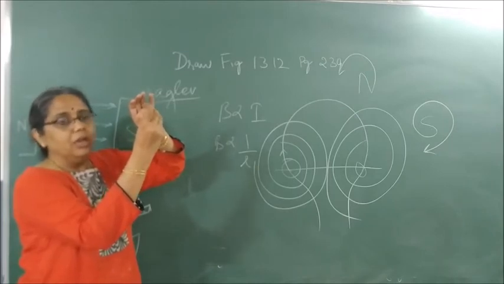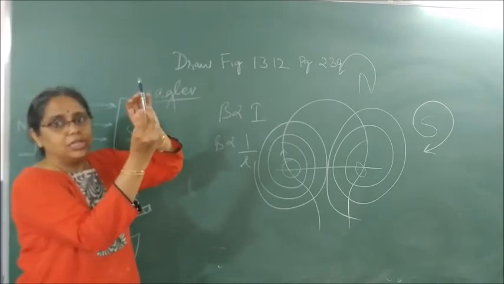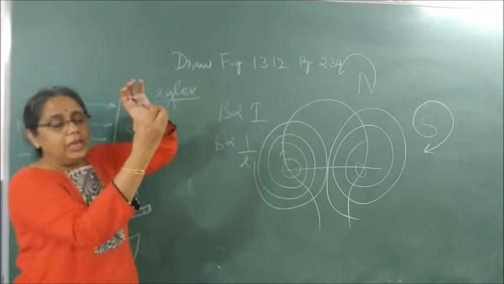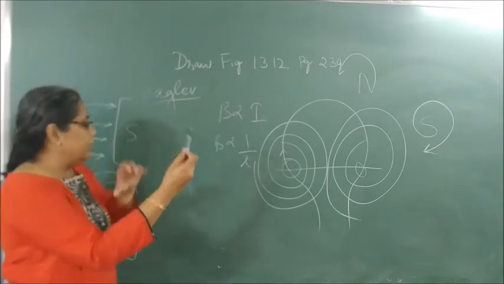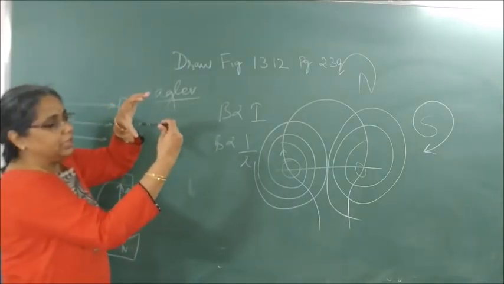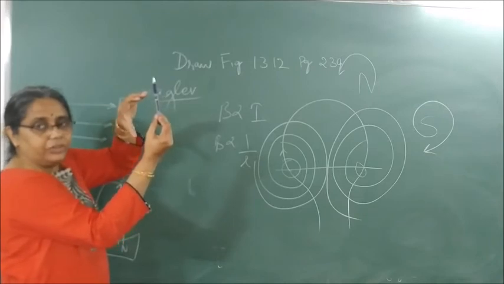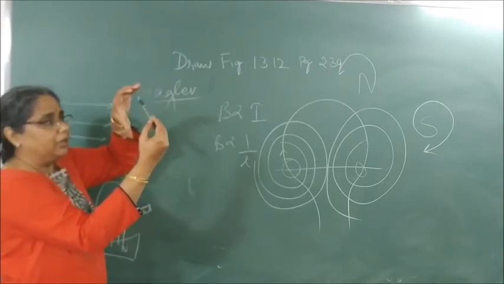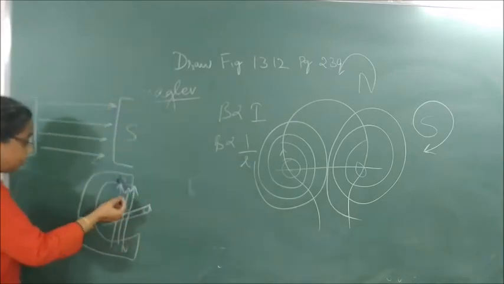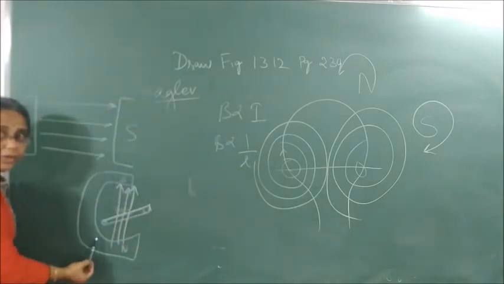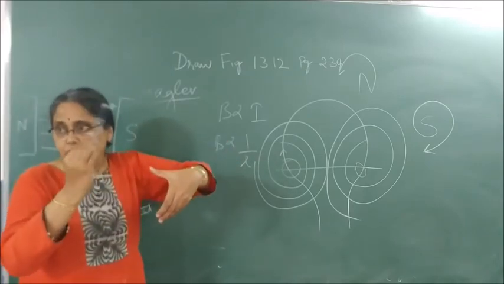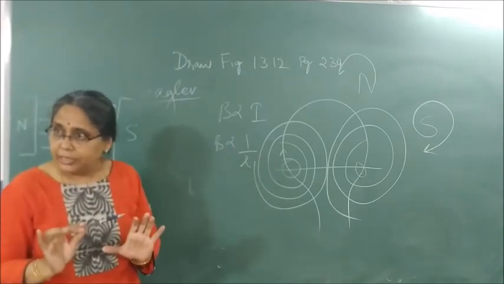When you pass current, the wire and the conductor just kicks itself. So this is called the kick wire experiment. When the current is flowing this way, the kick is towards this. If I change the polarity of the current, the kick will be to the different side. If I change the polarity of the horseshoe magnet, the kick will change. Did you understand the activity?